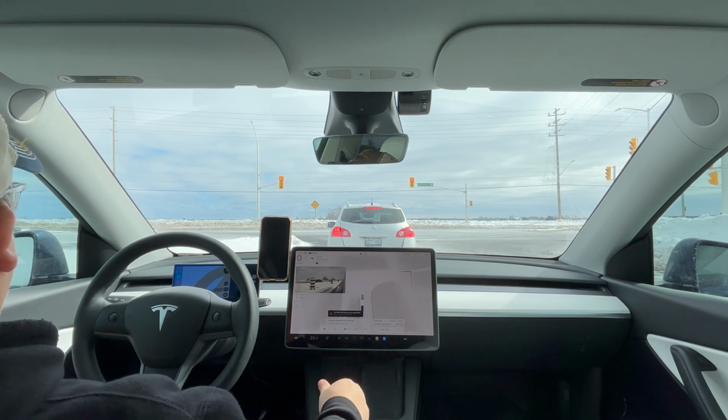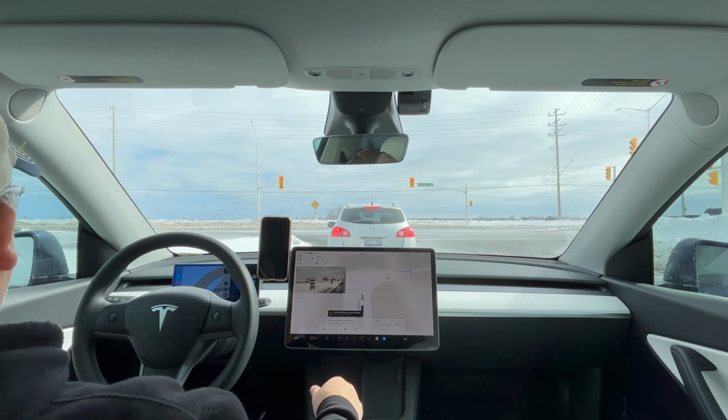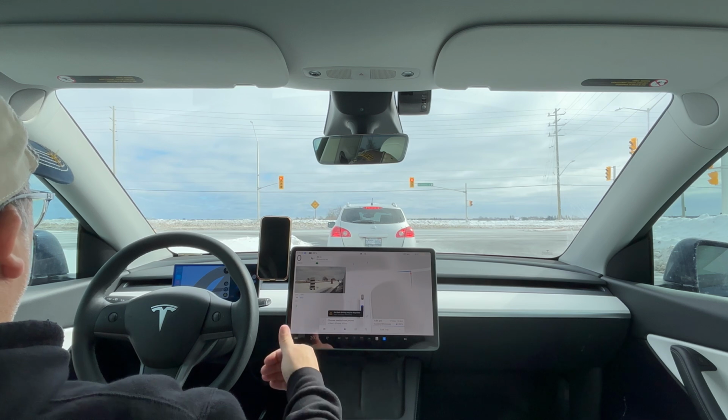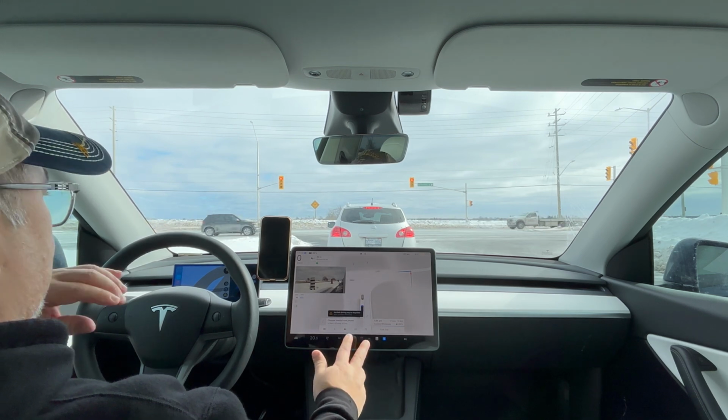We're going to turn onto a major roadway here. Now this roadway has 3 lanes in each direction. And last time I was on this, just yesterday, with FSD, it didn't know which lane to stay in. Because once again, like I said,